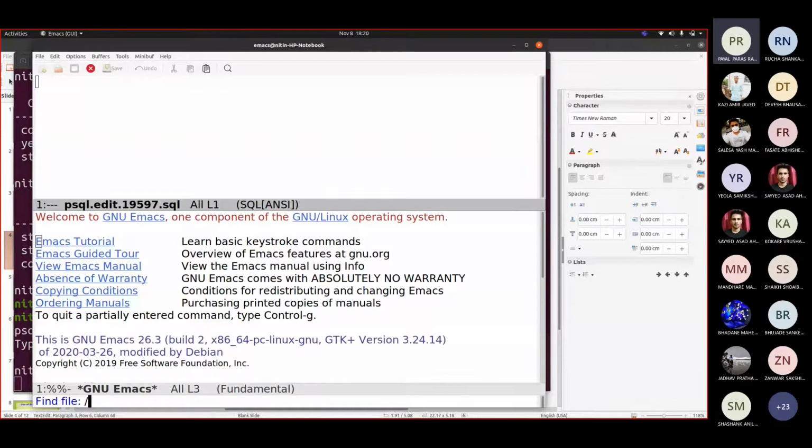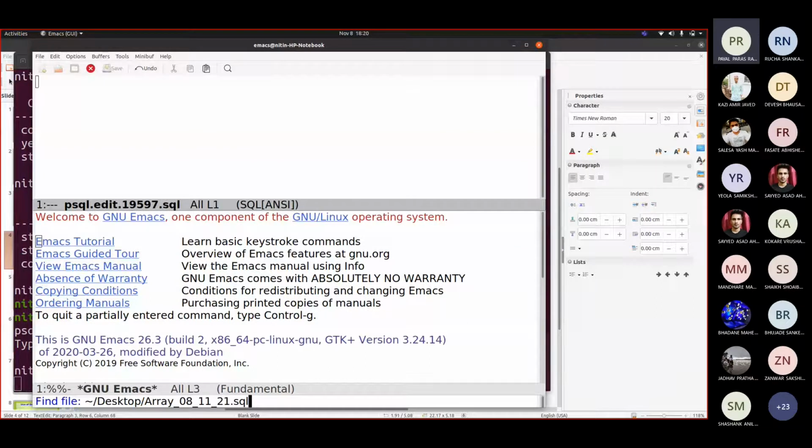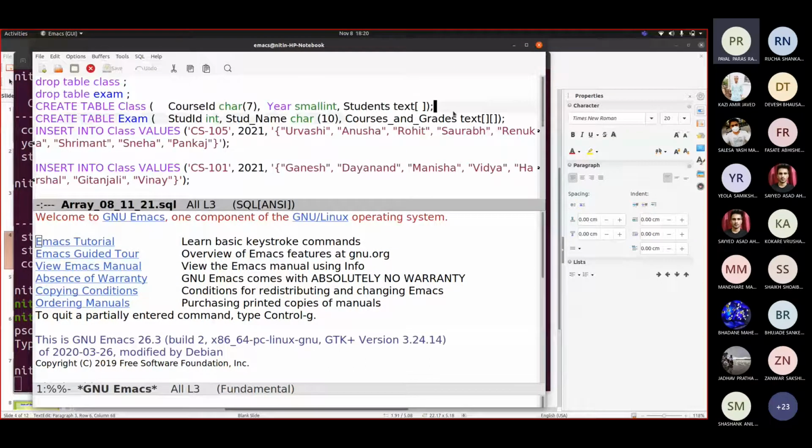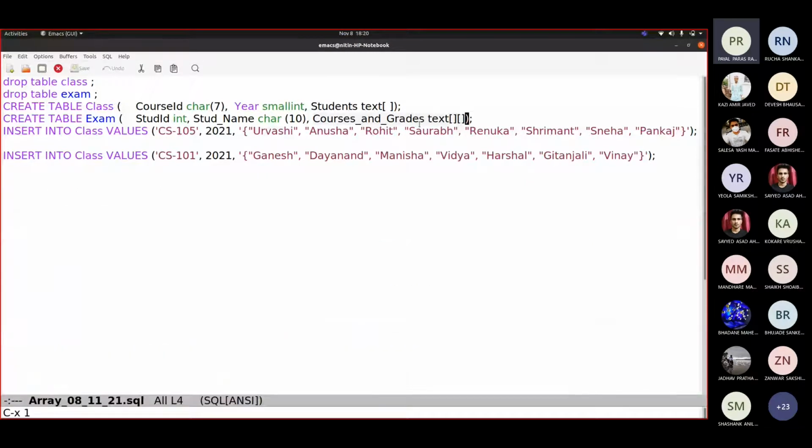So let me open that file. Tilde /desktop/. Now you will see here, at the time of declaration or definition of this exam table, I have added square brackets, double square brackets, or a pair of square brackets, so as to say that this would be my 2-dimensional array. Fine. Okay, are you with me? Any question till this? At least for 1-dimensional array.